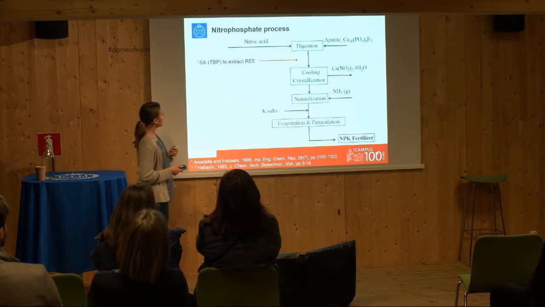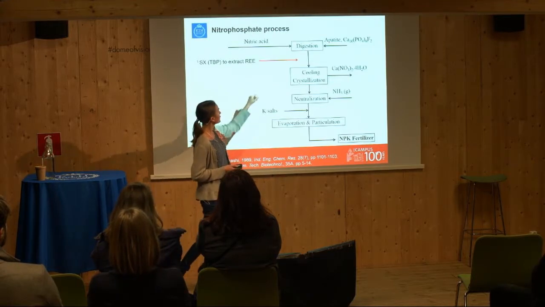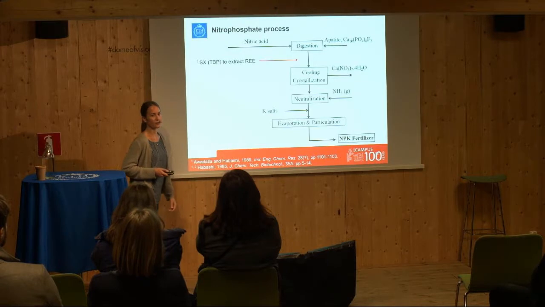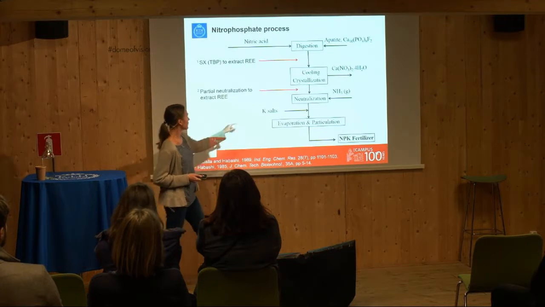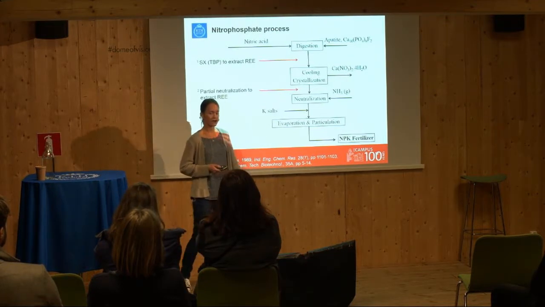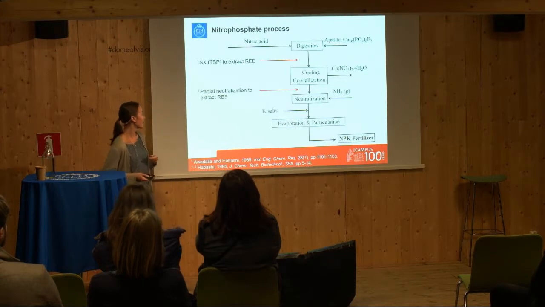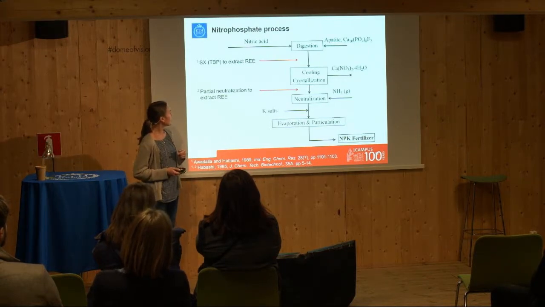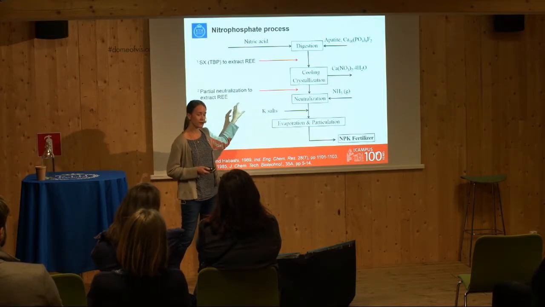And you can do this by applying a solvent extraction operation directly after the digestion to recover the rare earth elements as a group. Or you can look at the partial neutralization to extract the rare earth elements right after the cooling crystallization. And this is the approach that we have been working with in our group. And here you get out the rare earth elements as a rare earth concentrate together still with a lot of impurities,